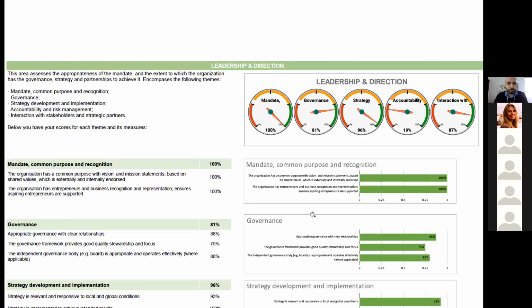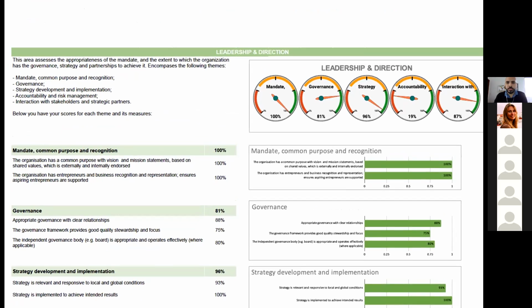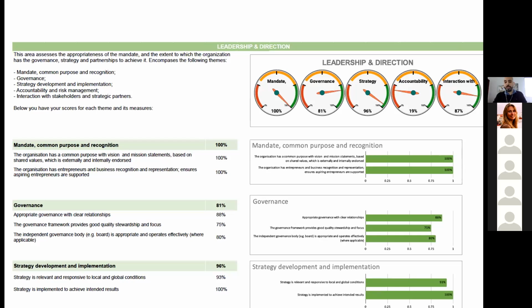And then moving on in the report, don't worry, it looks like a lot, and it is, but if you go through step by step, it makes a lot of sense. On the following pages, you will receive the scoring for each area and also for each theme and for each measure you have.